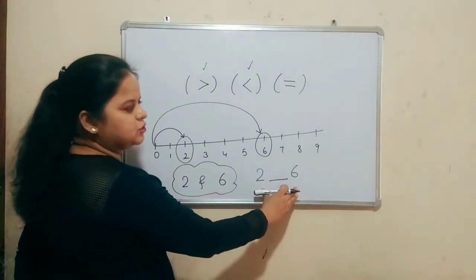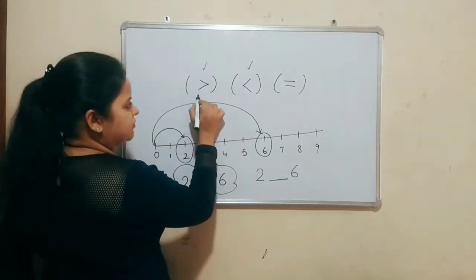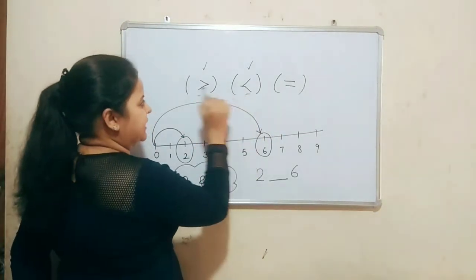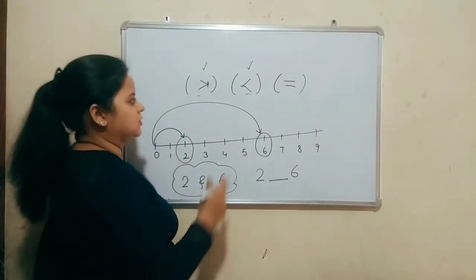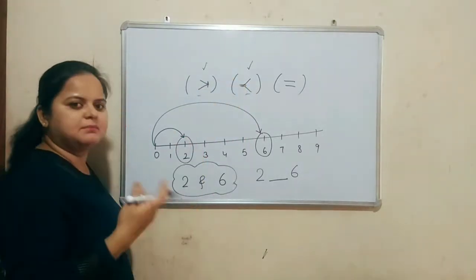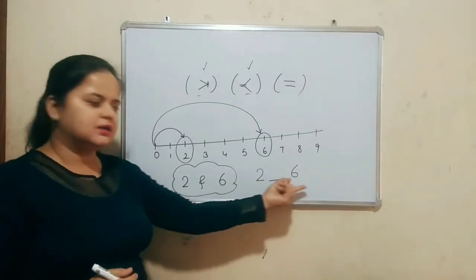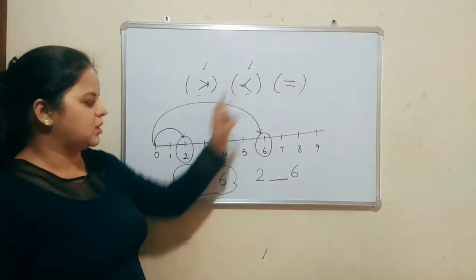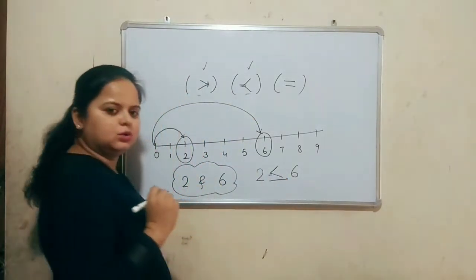Very good. Now we have to put the sign of comparison here. 2 is the smaller number. So which sign will we use? The closer side of the sign is showing the smaller number. जो close वाली side है वो कौन सा number show करती है? Small number. So small number कहाँ है? On which side? Here, 2. तो 2 smaller number है तो हम इस side में close वाली side करेंगे. Okay?